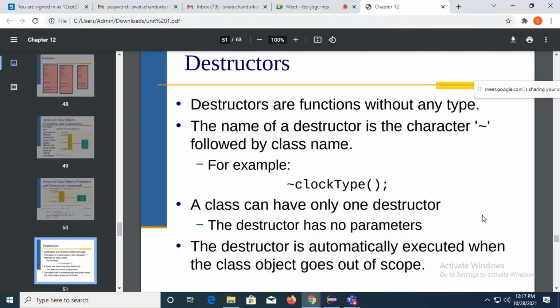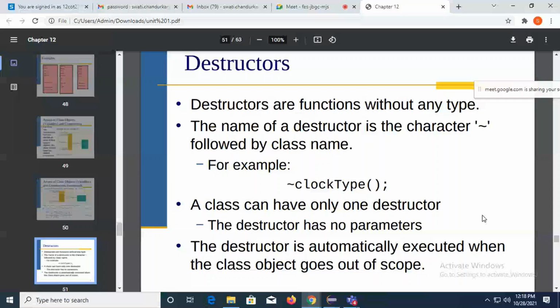You have to type that, and then the class name, opening and closing parenthesis. That's it. So once you're writing it explicitly, it will give a call to your destructor. So destructors are functions without any type. The name of the destructor is the tilde symbol followed by the class name.